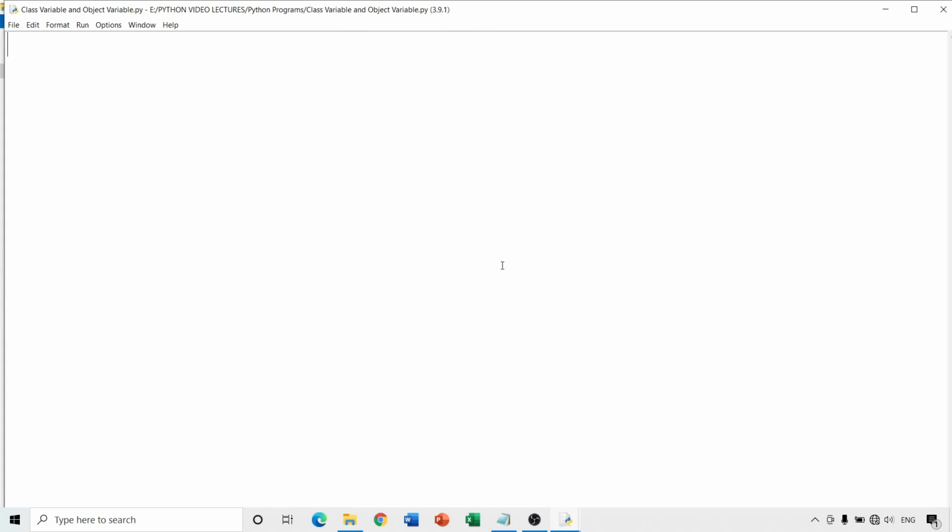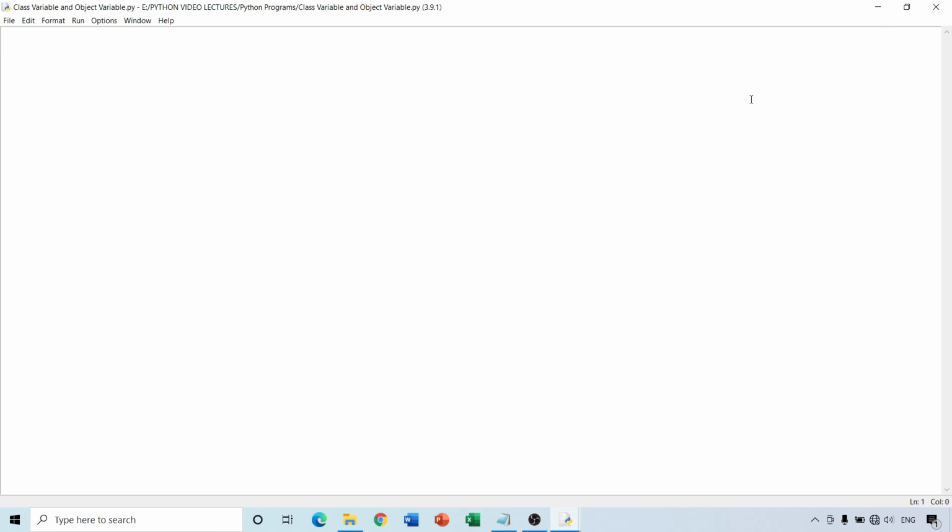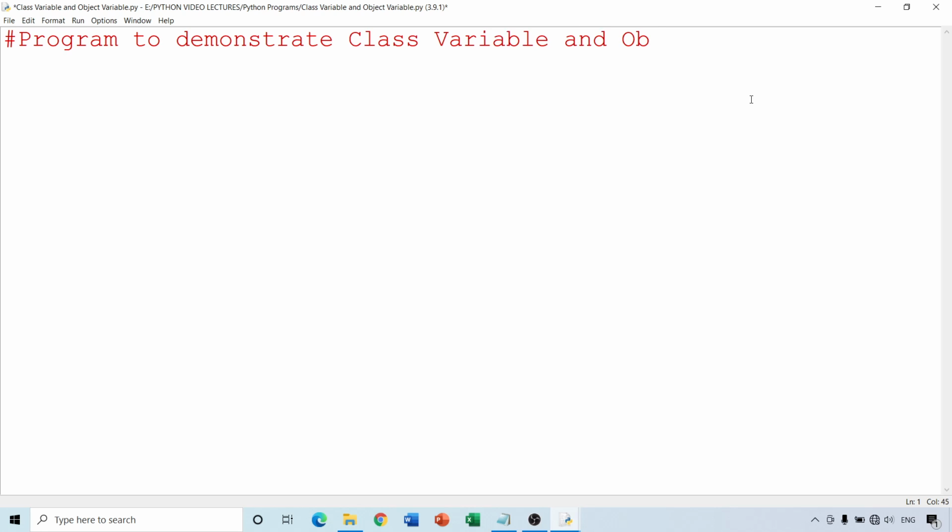I want to overwrite it. Now, as usual, we start by writing a short description for the program. Program to demonstrate class variable and object variable.